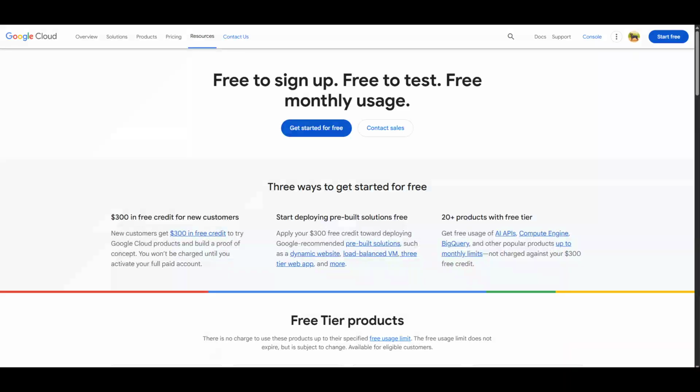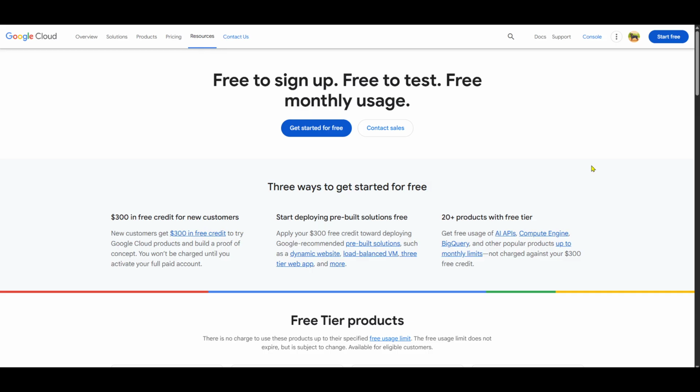In today's video, I'm going to teach you how to enable the Google Drive API. Whether you're developing an application that interacts with Google Drive or simply want to explore how APIs work, this guide will walk you through the process step by step, ensuring you can harness the full potential of Google Drive functionalities. Enabling the Google Drive API is straightforward when you know the path, and I'm here to guide you through it